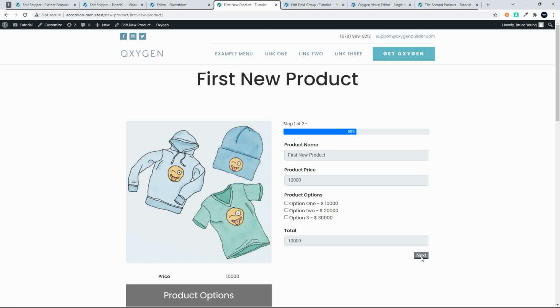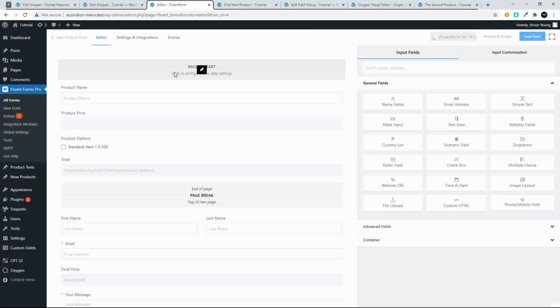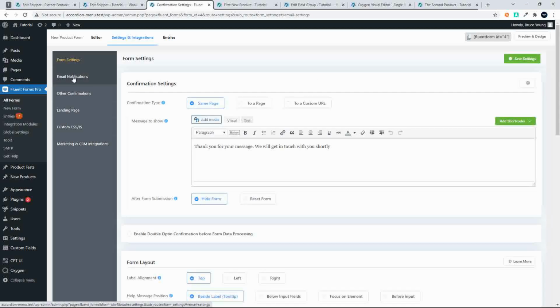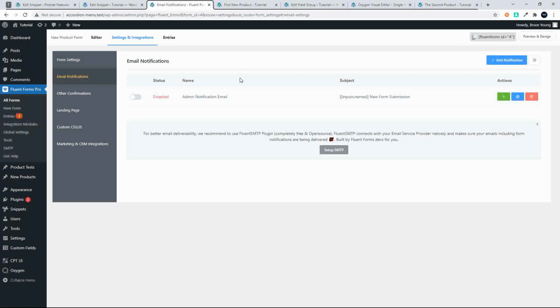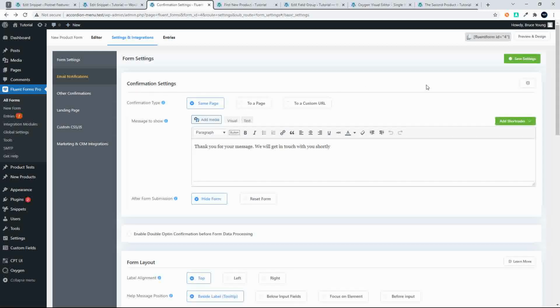Then we'll head over to the next page. Now we haven't created our feedback form correctly, so the reply to the feedback form, or the form that goes to the customer. So under form settings, I'm going to head over to email notifications, and you'll see there is an admin email, so let's just click on that, and in this case let's make this the customer